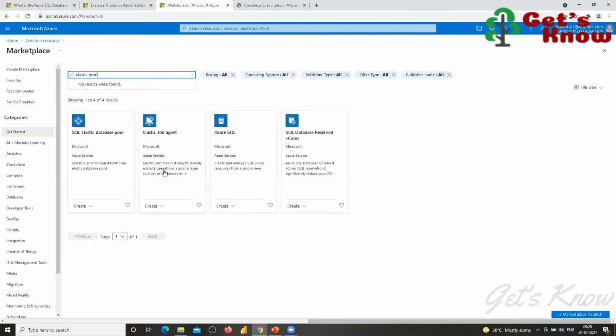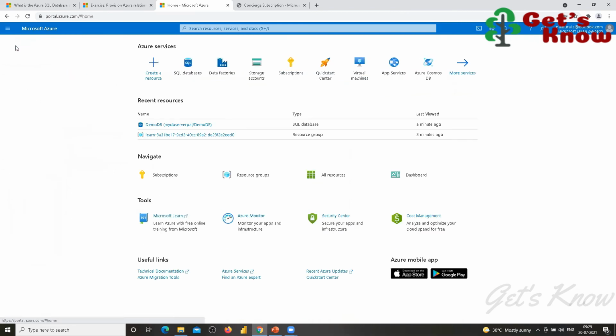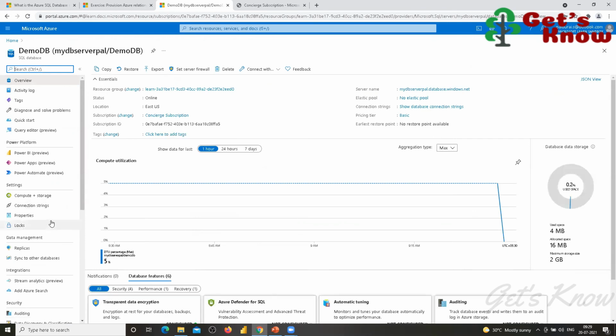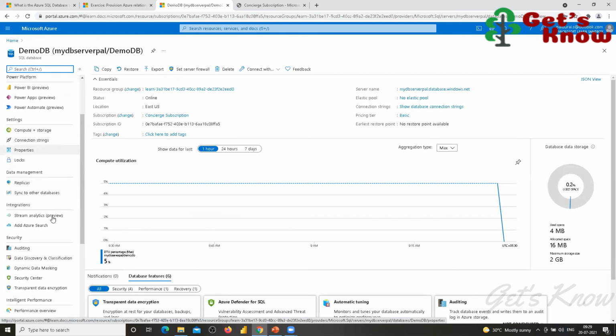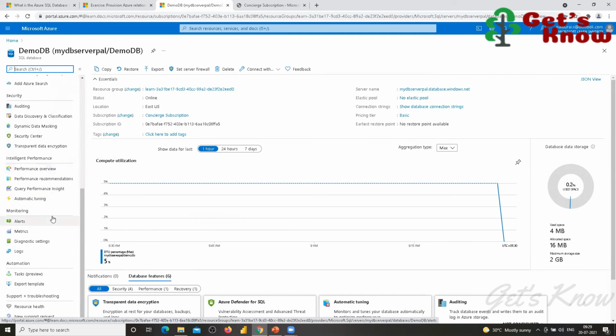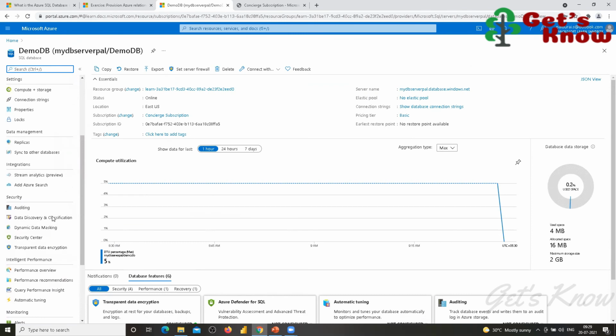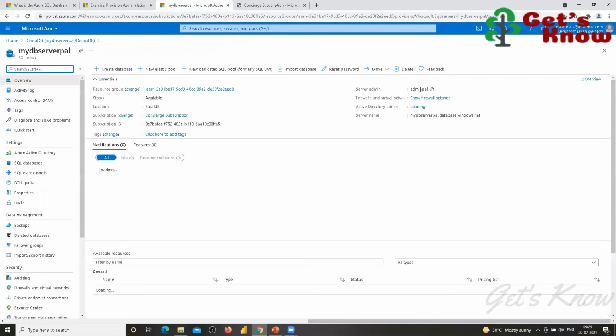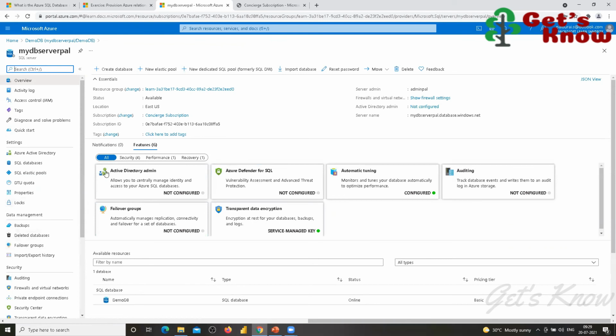See this, SQL Elastic Pool. I'm coming back to this one, this is my database. Coming to the server, see here, it's available here.